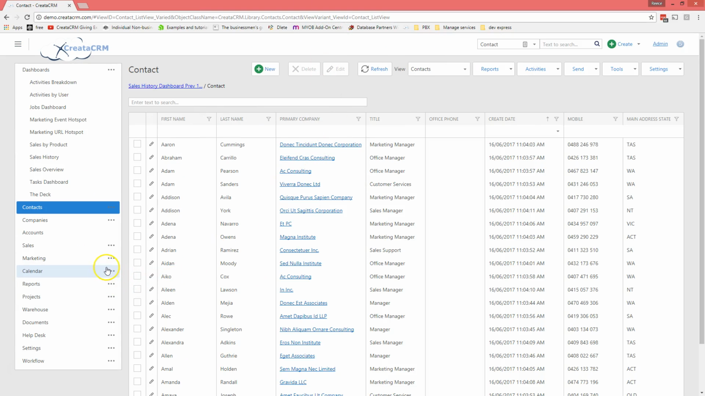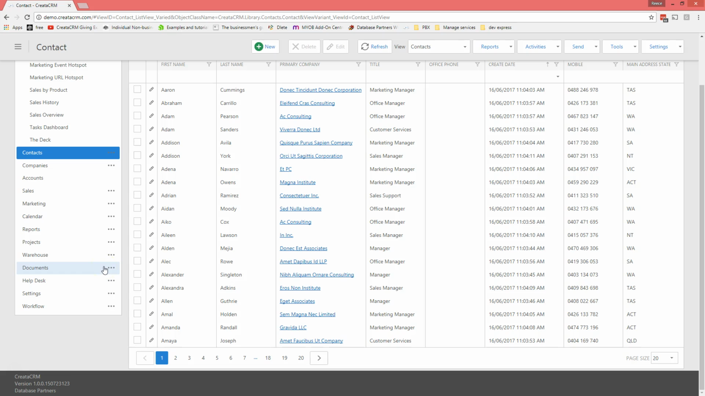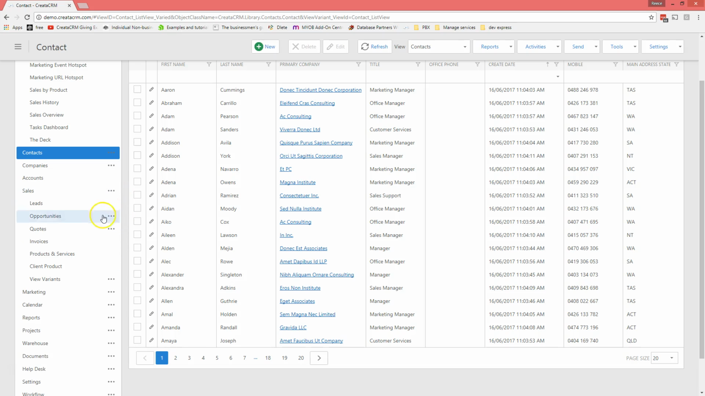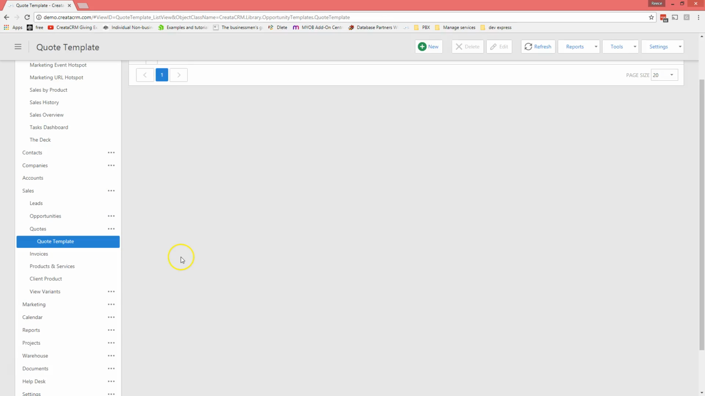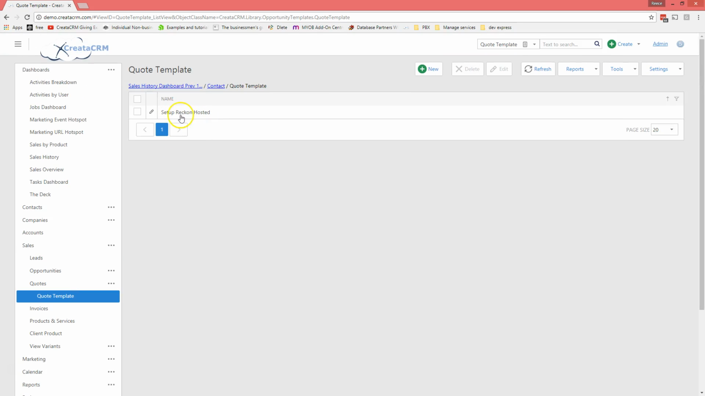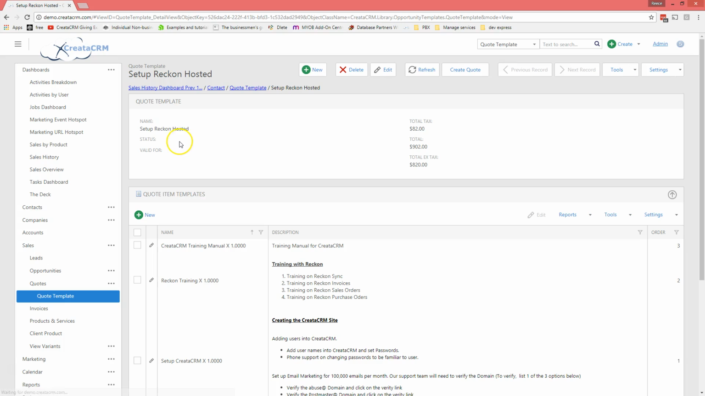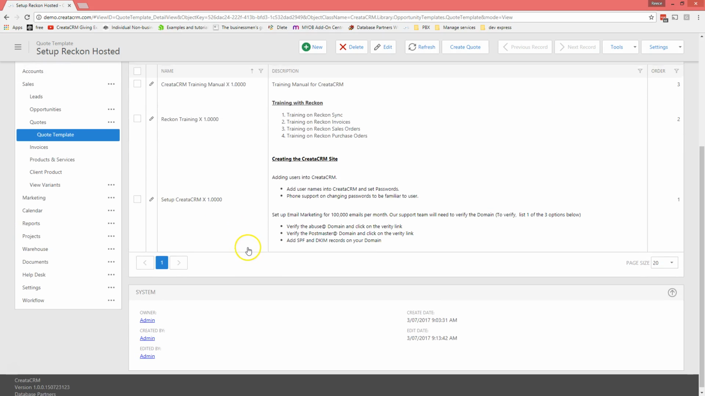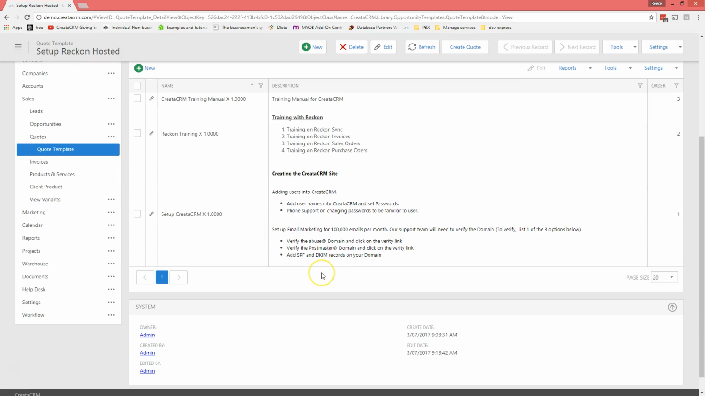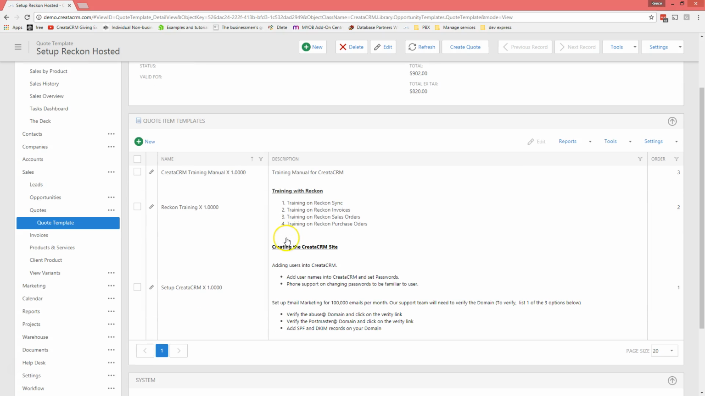Now in Creata itself we have the ability to create quote templates in here. So if you go to the sales section over here, quotes and quote templates. Now in quote templates we're going to have a quote itself that has set up rec and hosting. Now that has just a quote, it's got 3 line items. It's obviously quite simple, but these 3 line items that you can see on the surface have a complex process